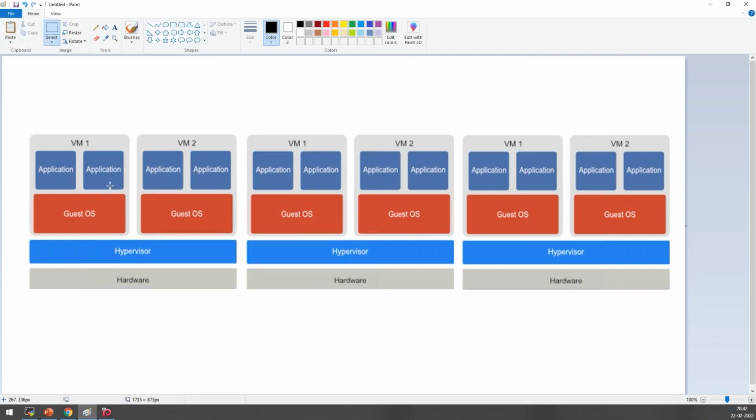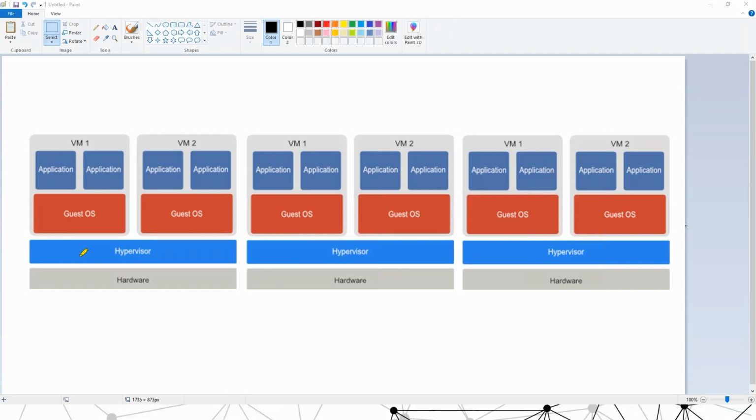So it is a huge load, right? Let's say, for example, this is the hardware I'm having, team, which has 16 GB of RAM. I'm giving 8 GB RAM to this one and 8 GB RAM to this one. Out of the 8 GB RAM, the OS is taking 4 GB RAM, and then the application is taking 2 GB RAM each. So basically I'm wasting 8 GB of RAM only for the operating systems. Just think about this, right?